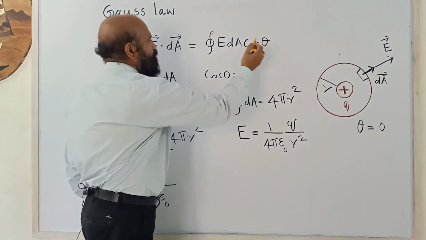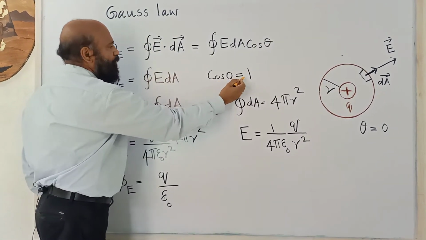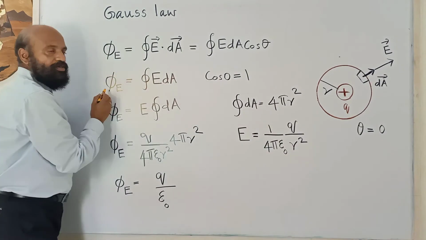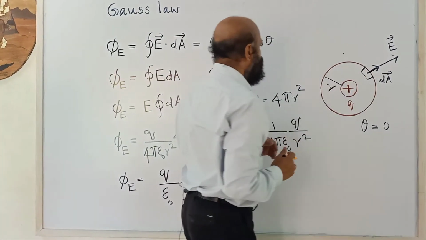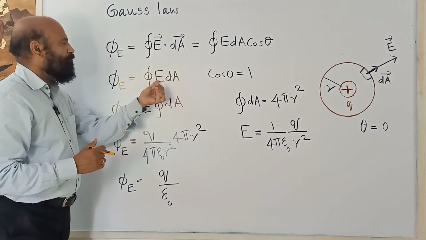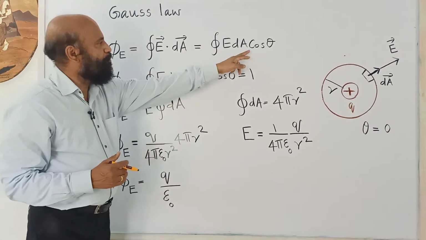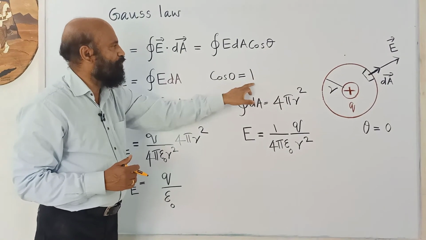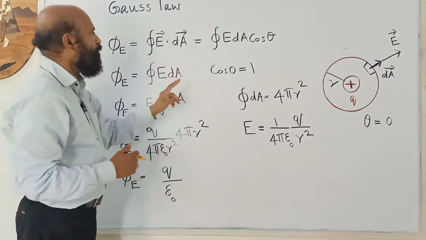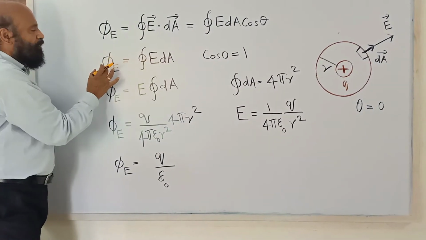This theta is 0. So cos 0 is 1. So total flux passing through this closed surface is integral of E into dA, because cos theta is 1, because theta is 0, so this term is 1, so E into dA. So flux